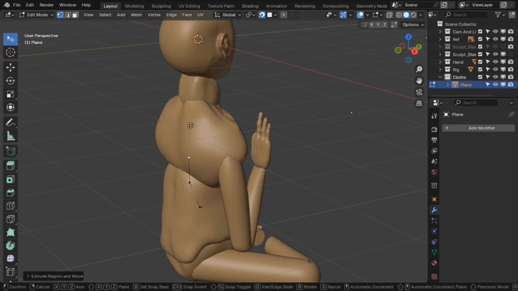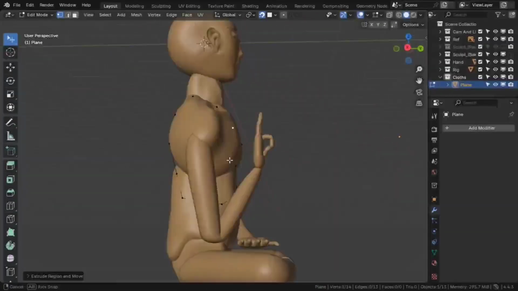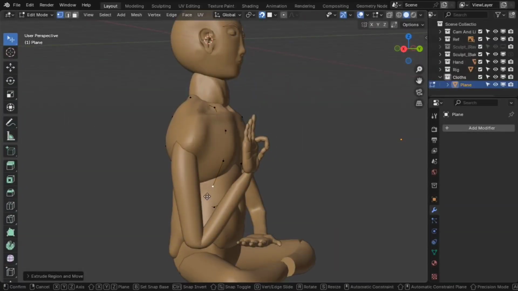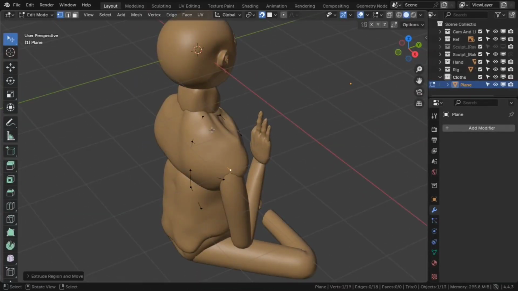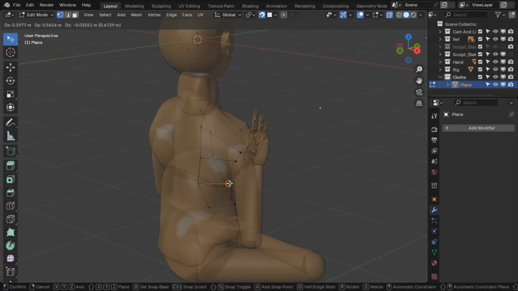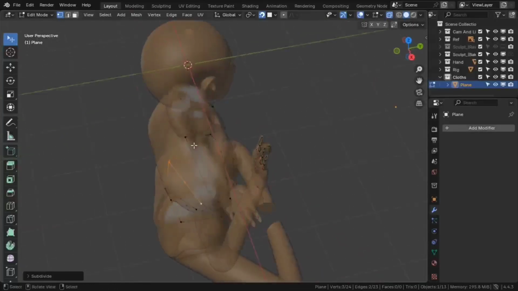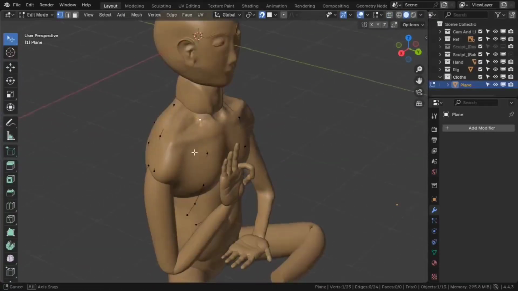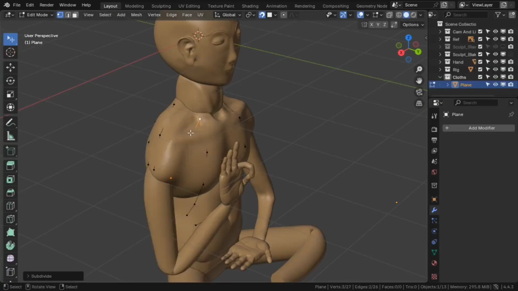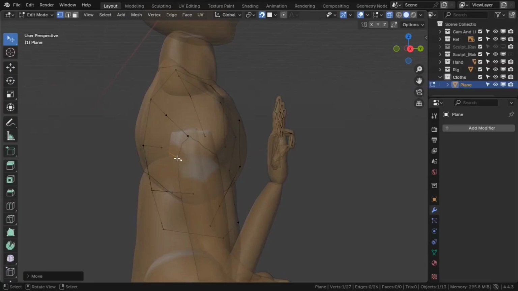Now we want to make sure that the distance of every vertex is the same, because we want a subdivided plane, and the subdivided geometry would be used later on to sculpt. Now you can actually create this using sculpting. I'm subdividing this, shift and clicking both of the points and pressing W to subdivide to make it equally divided,